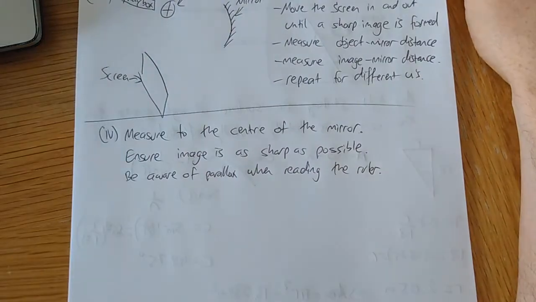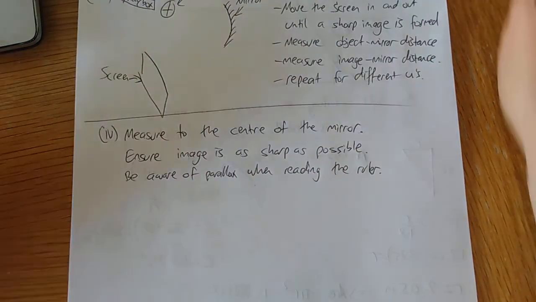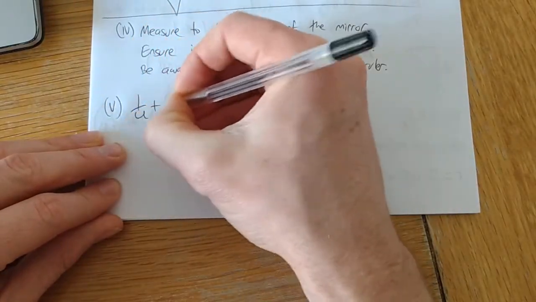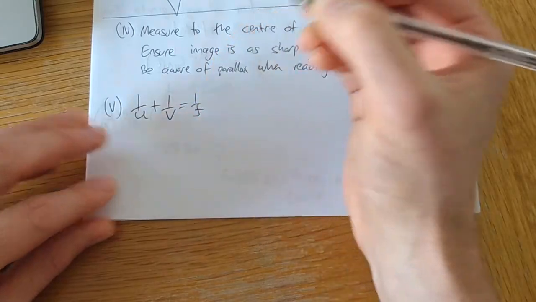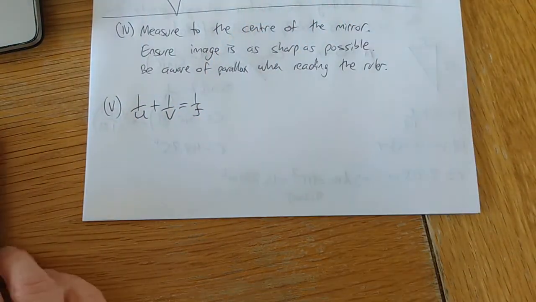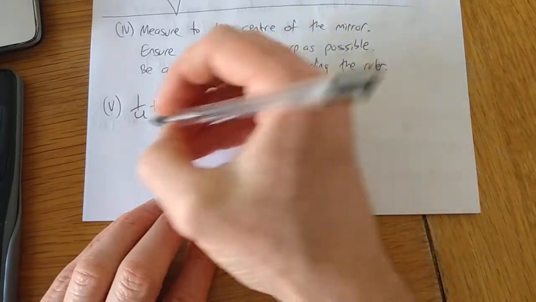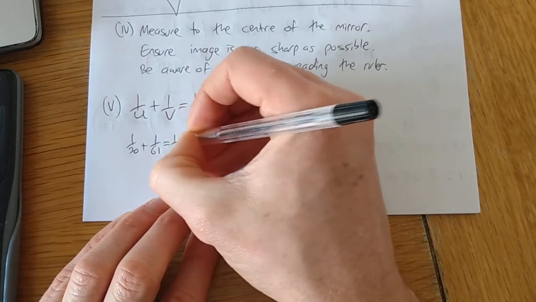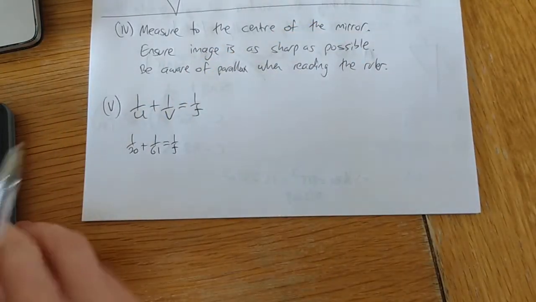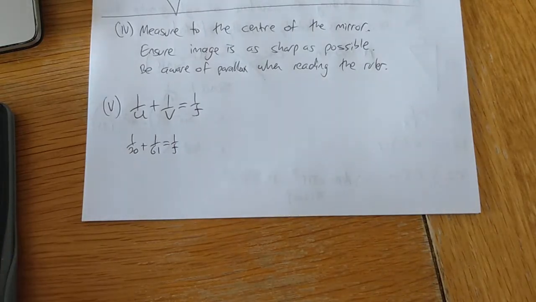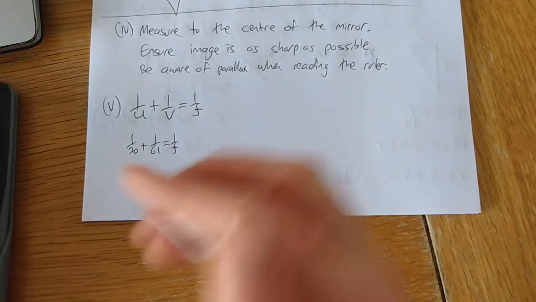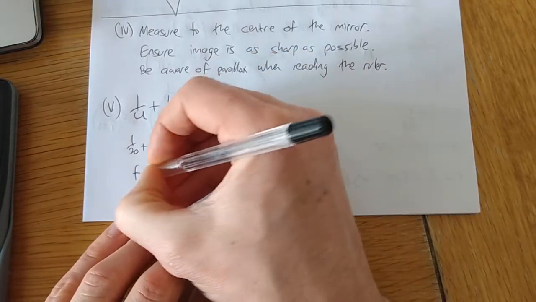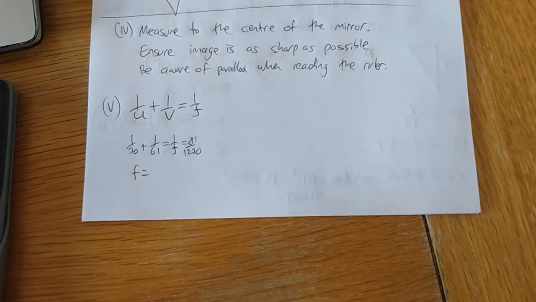Use all the data to calculate the focal length of the mirror. Okay, so here we go. Right, so the formula we're using, hopefully you know this one, 1 over u plus 1 over v is equal to 1 over f. All right, so we have 1 over 20 plus 1 over 61. It's going to equal 1 over f. So that equals 81 over 1220, which tells me that f, and I can use my nice inverse button here,